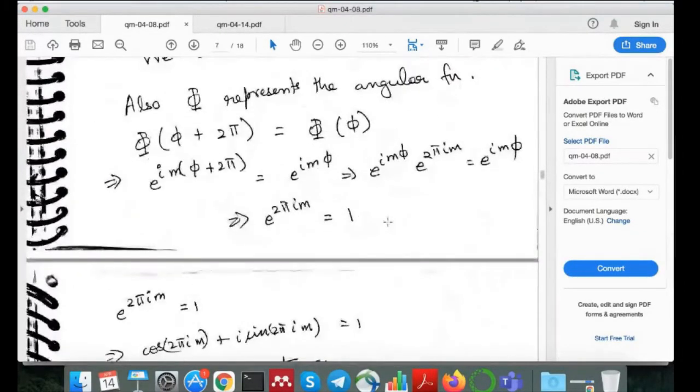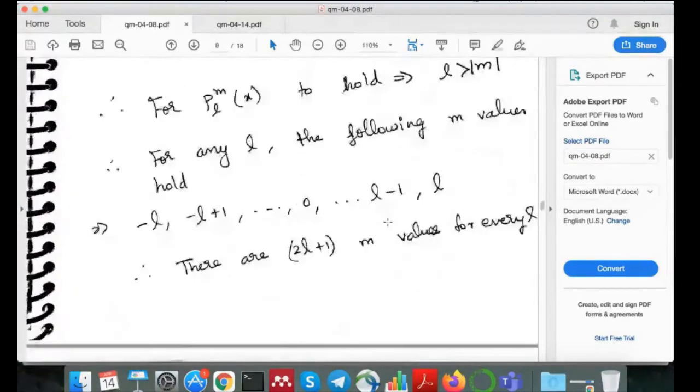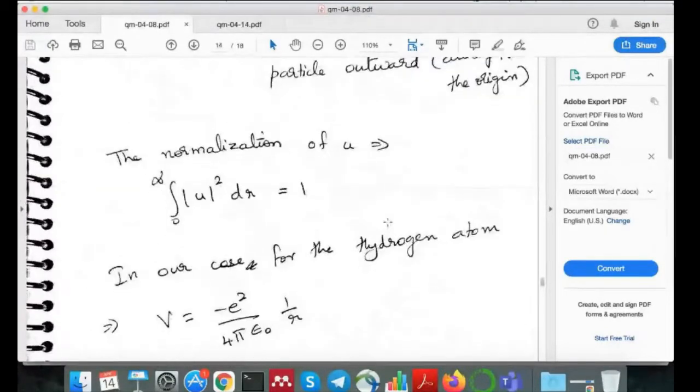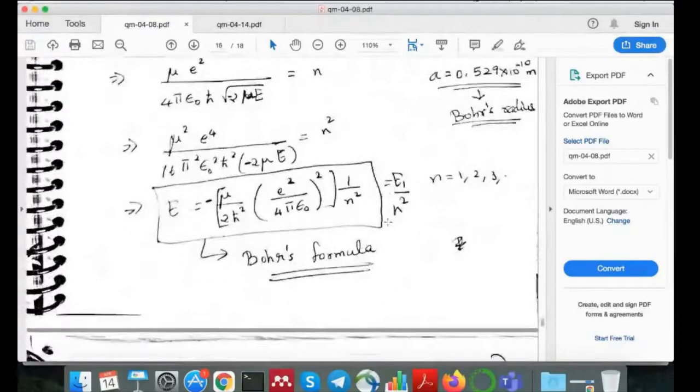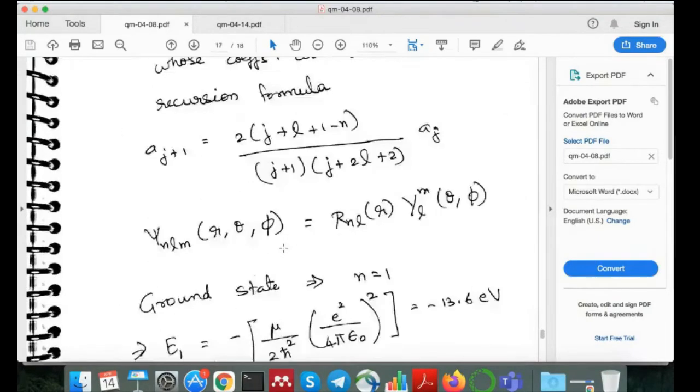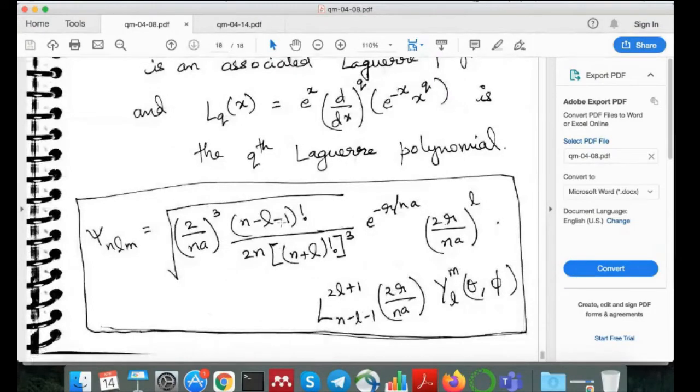Okay, so finally, what was the solution that we get? So finally, we got some complicated big equation. Let me go to that. Of course, we got energy along the way. So the energy of the nth level is given by this constant divided by n square. And obviously, because there has to be a finite energy even at the lowest energy level, for the zero point energy, n is equal to 1. Okay, so that is our energy that we got along the way, and we also got the wave function.